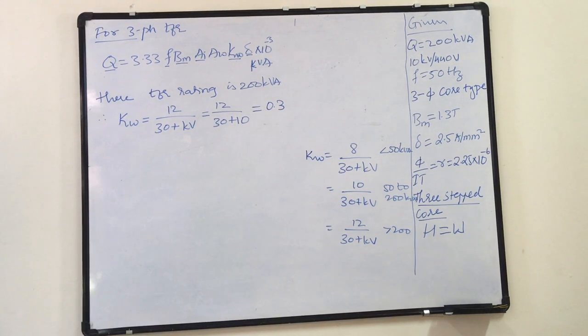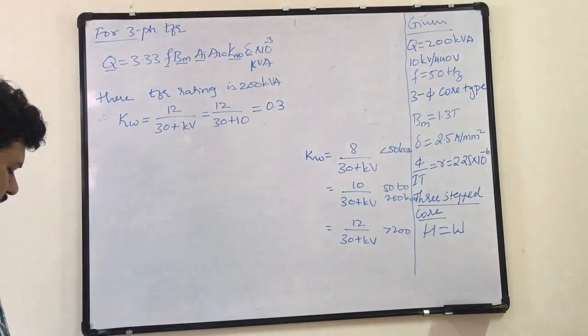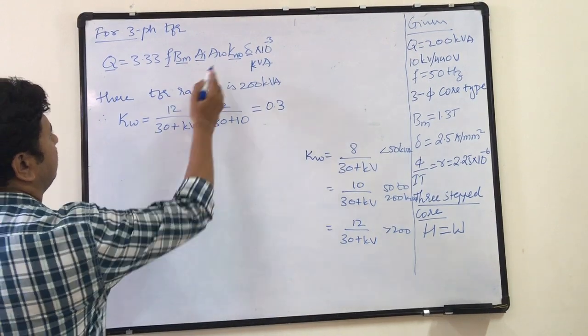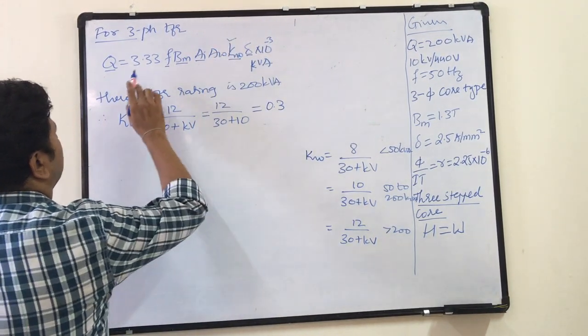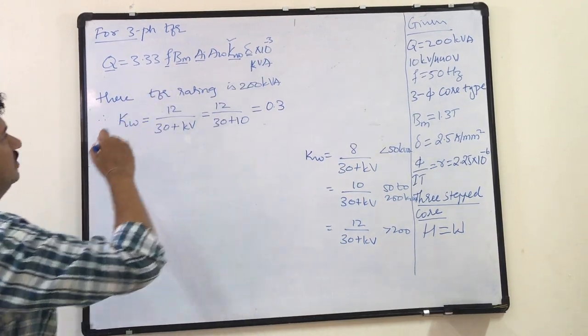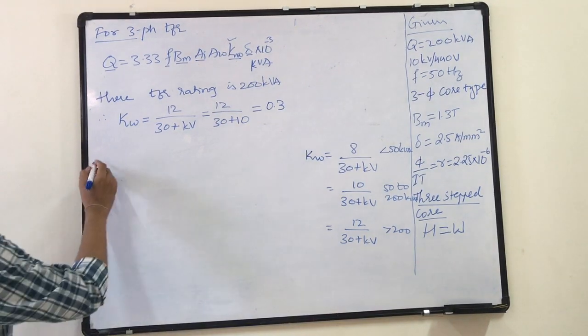Okay. So this will come out to be 0.3. Now substitute this kW. In this output equation, kW was unknown, and I found that out also. F is given, Bm is given, AI I have calculated, delta is given. So the only unknown is AW, area of window. Therefore,